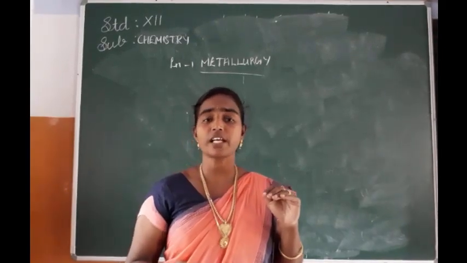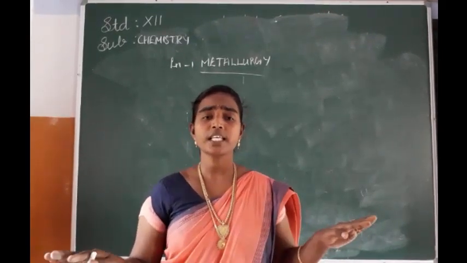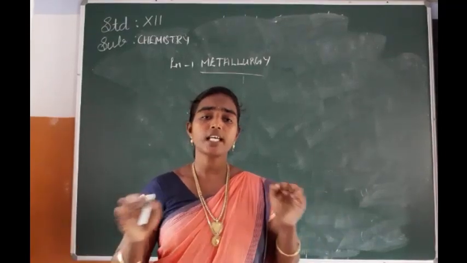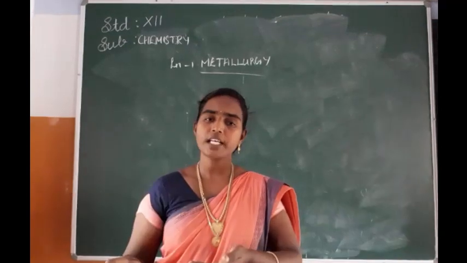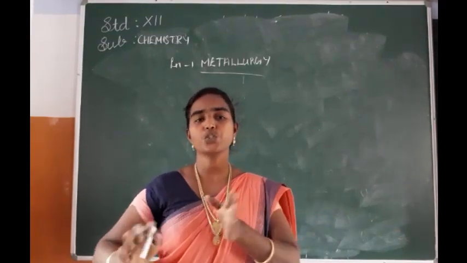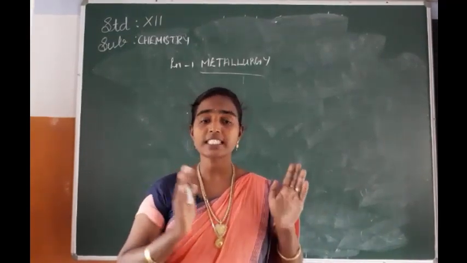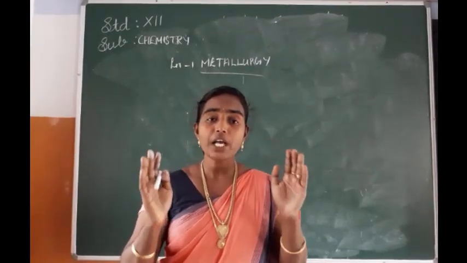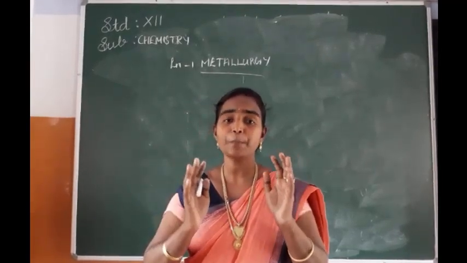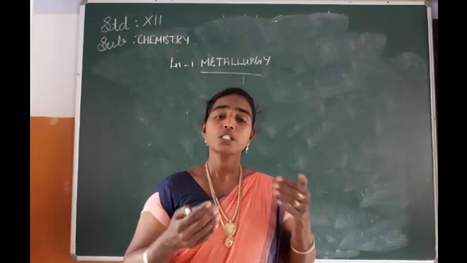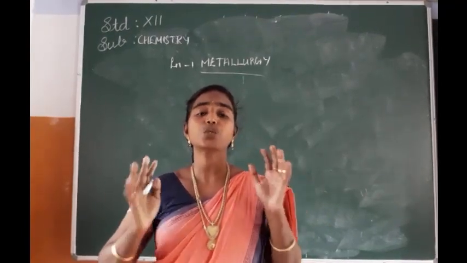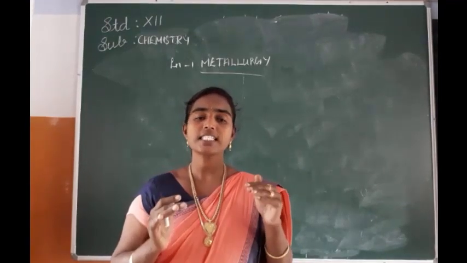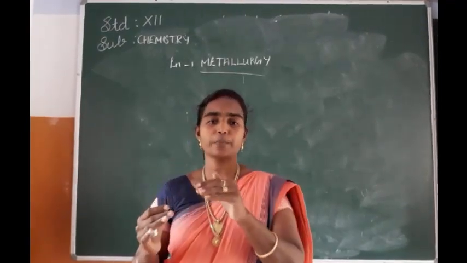Then auto reduction we have seen, where there is no other reducing agent, isn't it? Automatically, the concentrated ore, with cinnabar as an example, by ordinary roasting will be converted into impure metal. So in extraction of crude metal we got the crude metal, that is, impure metal. The next step is to refine or purify this crude metal. That's the last step, refining of crude metal.